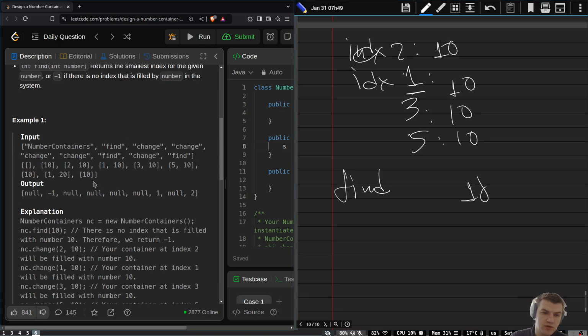Yep, for the 10, it's gonna be 1, and then I change index 1 to 1 becomes 20. So the smallest index for the number of 10 gonna be then next 2. Okay, so